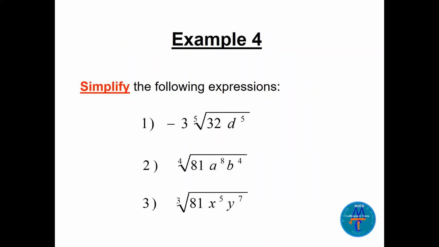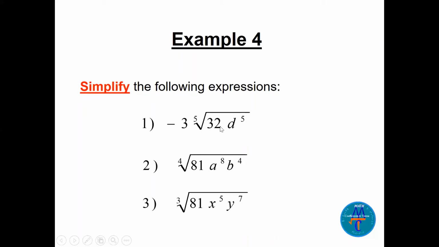Now let's see another example, example 4. Let's simplify the expressions 1, 2, 3. We have here 5th root, so the index here is 5. 4th root, the index is 4. Cube root, the index is 3. So what do we have to do here? We have to break down the numbers inside and see which number we can take out, which number we leave